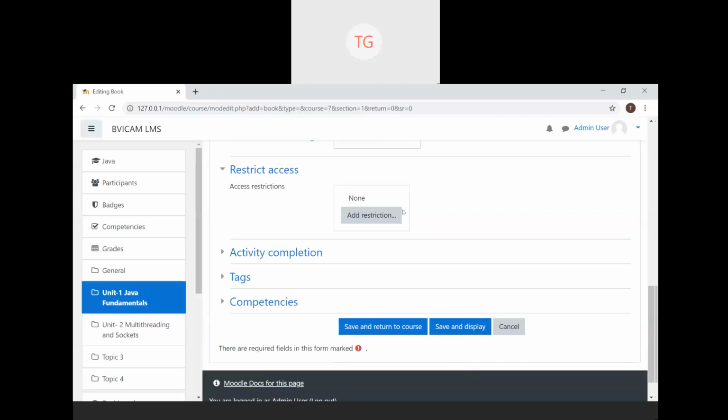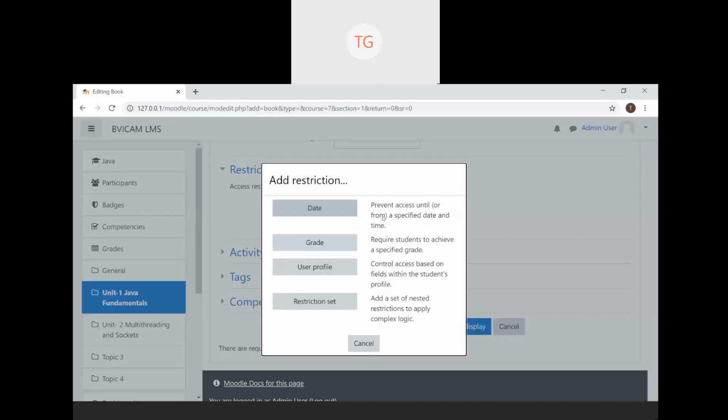Now, if I want to impose certain restrictions on this resource for all enrolled users of this course, I can do that here. Add restriction. You can have restrictions in multiple formats. You can impose date restrictions, as in prevent access until this date, or beyond a date you don't want the student to access a resource.